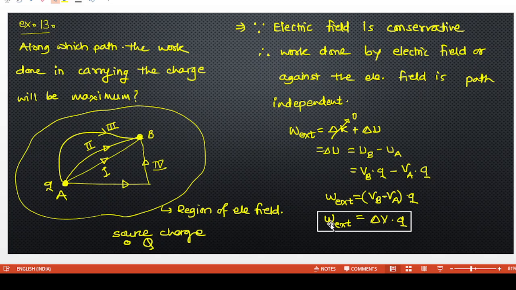So work done on your charge is equal to potential difference into your charge. This is the formula. So work is going to be path independent. Next, question number